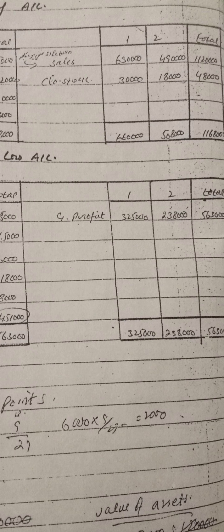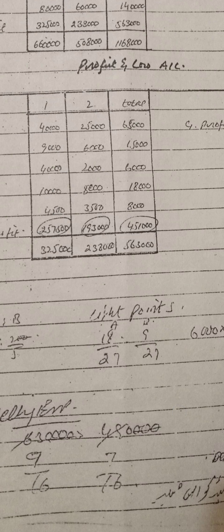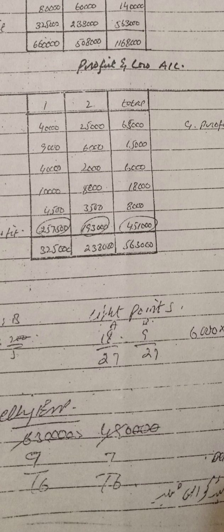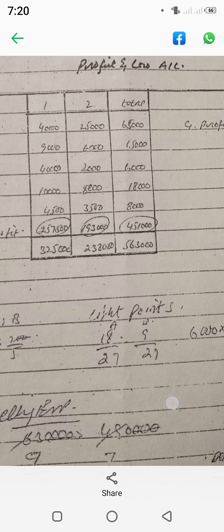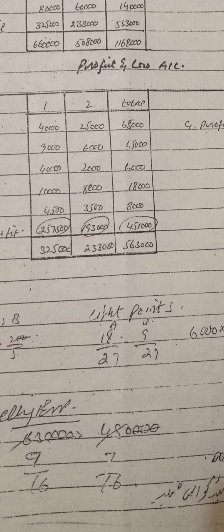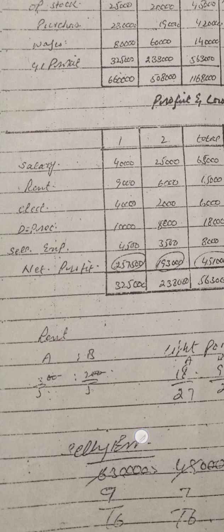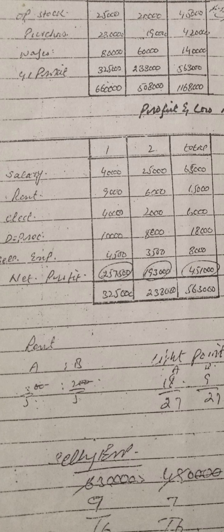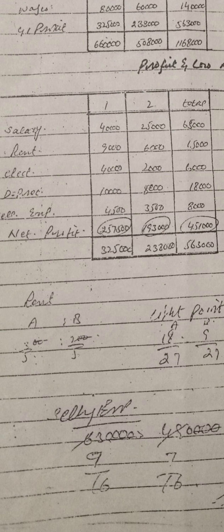You can see sales 6,30,000 and 4,90,000. So 6,30,000, 4,90,000. If we simplify it, you will get 9 and 7. And if you are required to make the proportion, you will get 9 by 16 and 7 by 16. You will distribute the salary expense, which is 65,000, on the basis of 9 by 16 and 7 by 16. How is it? 65,000 multiply 9 divided by 16 is equal to 40,000. 65,000 multiply 7 divided by 16 is equal to